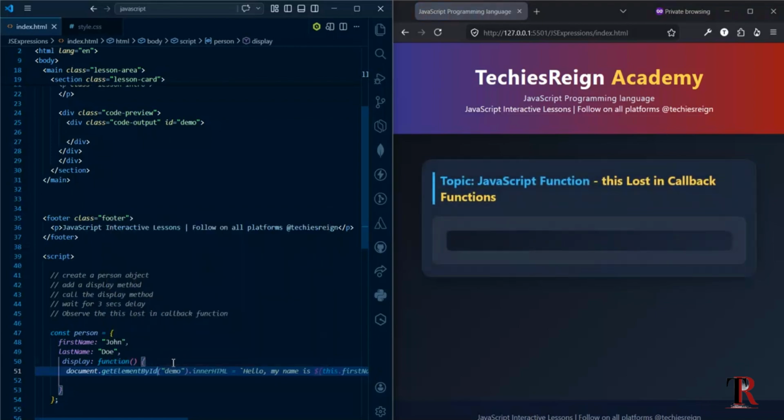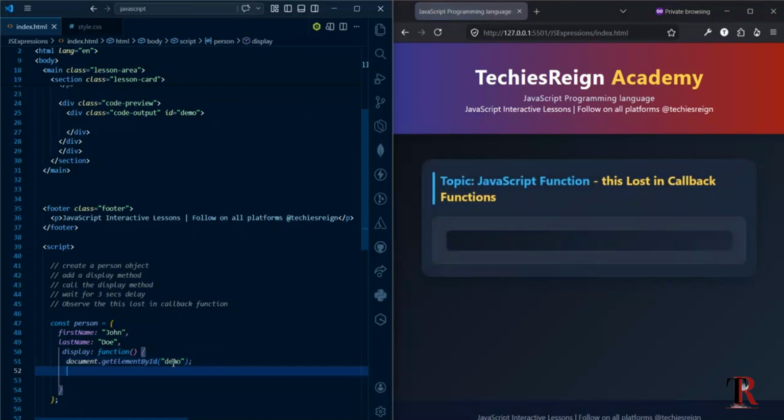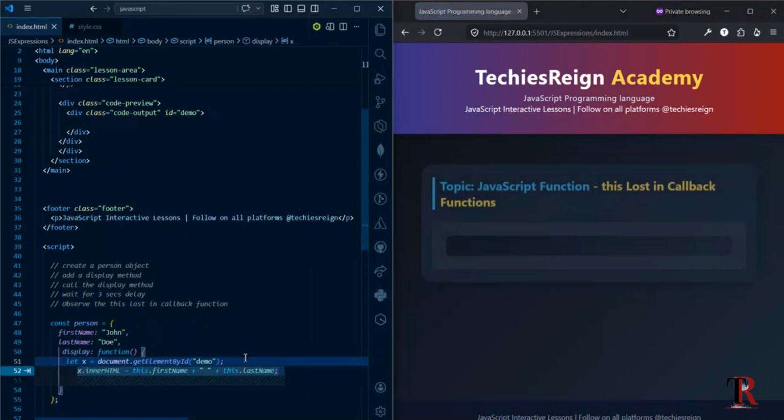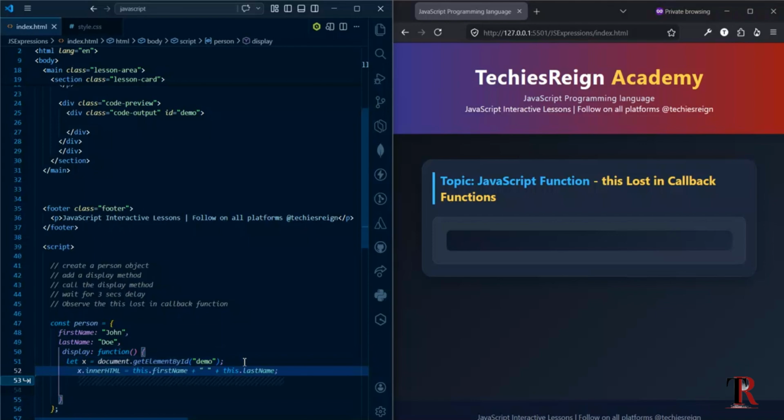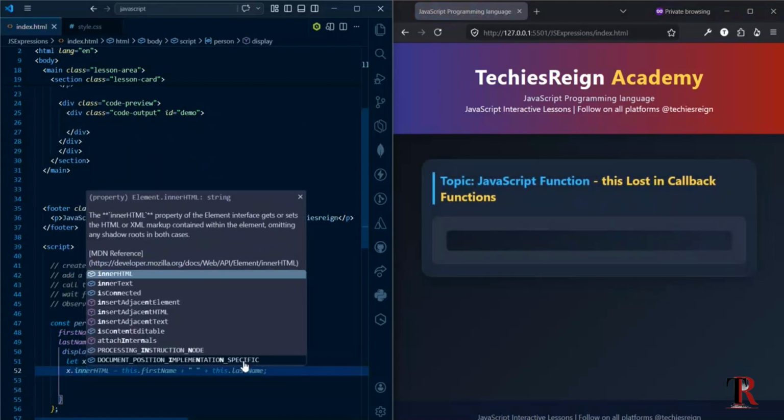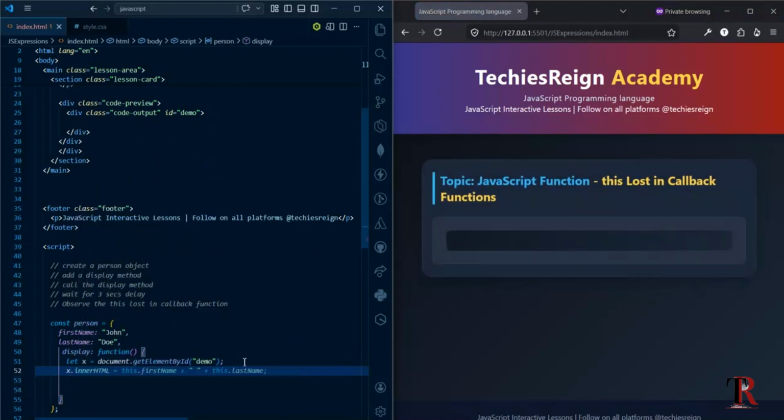Document.getElementById, and this is going to be assigned to a variable x. And now I can use the innerHTML to change the contents. Now that I have this,